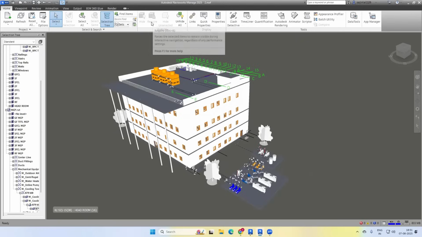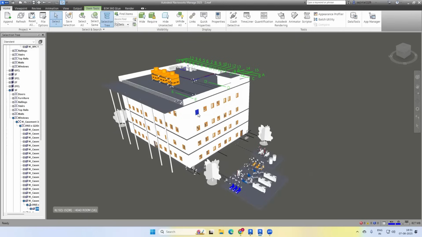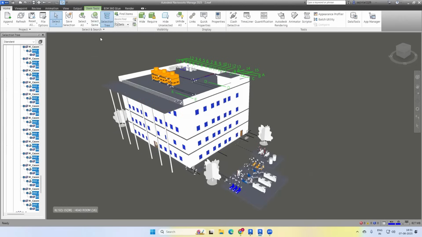Then you can use this require option. For example, you can select this window, okay, and all the windows together you can select. Okay, you can go to select the same option, select the same name. So all the windows will get selected, and after that you can select require. Okay, when you are requiring, the color within the selection will get changed, and after that now we are zooming this one. What will happen? These items will be shown always on your drawing. So this will be always useful